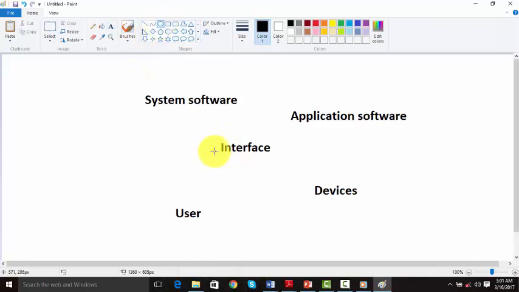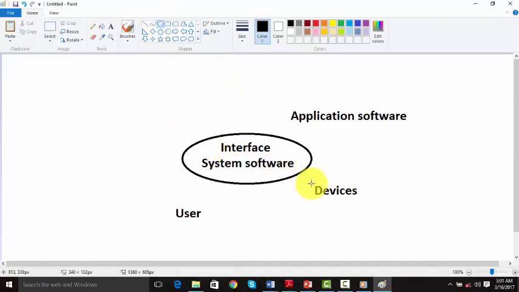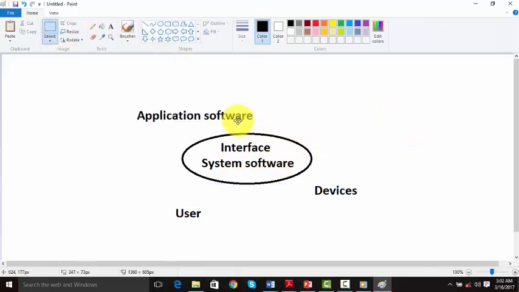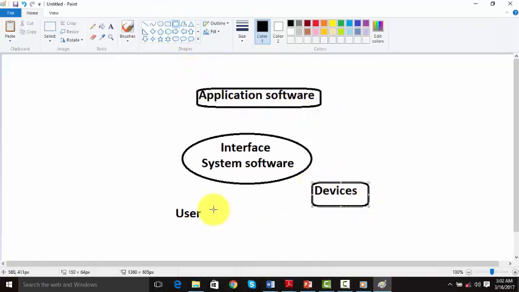So in this case, we are going to do this. We can get our word as system software, and then we can show it like this to say this acts as an interface for the application, that is the application software, of which also we can maybe do like this, then we can also do like that, we can also do like that,